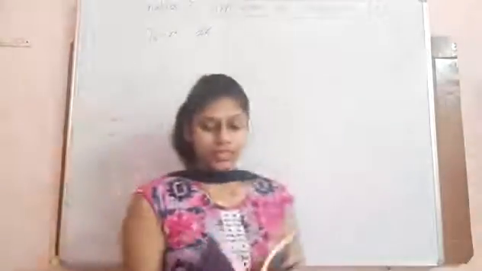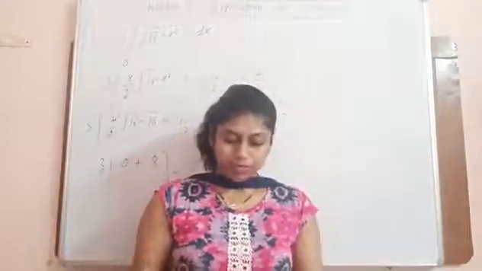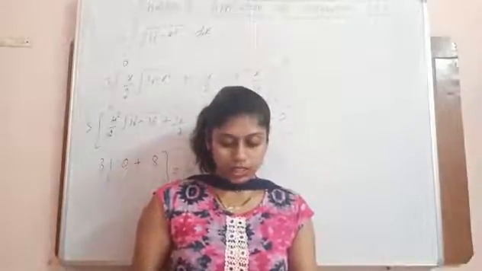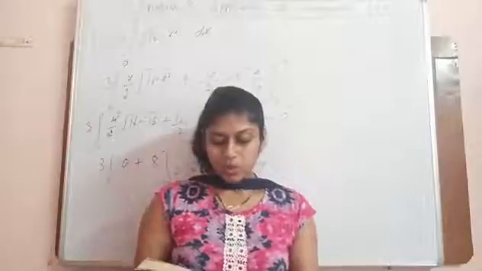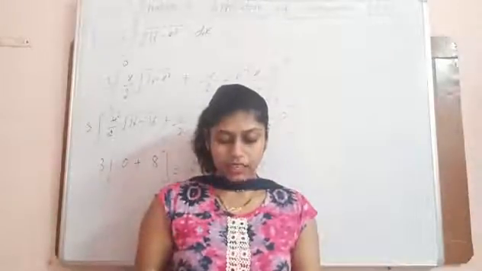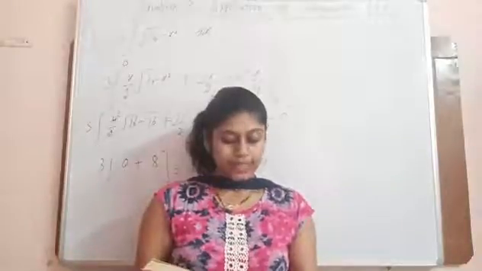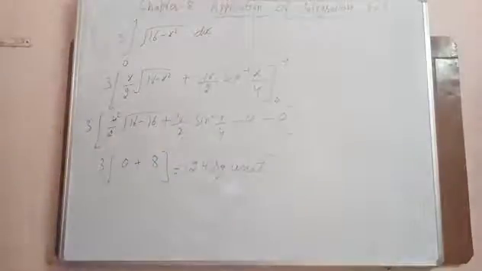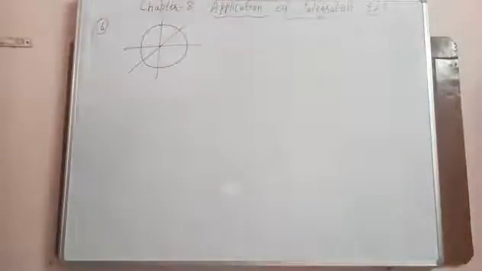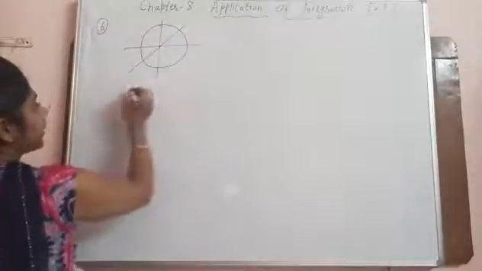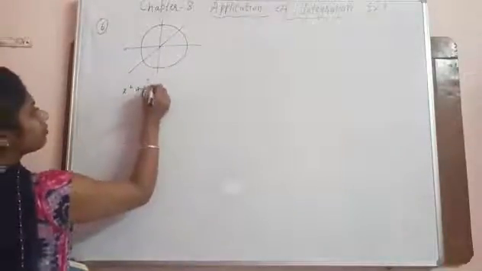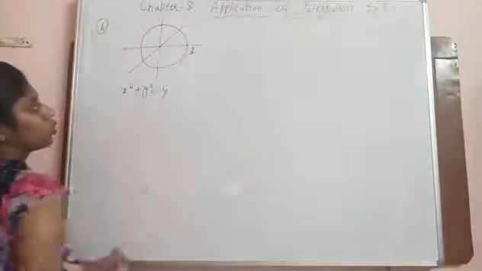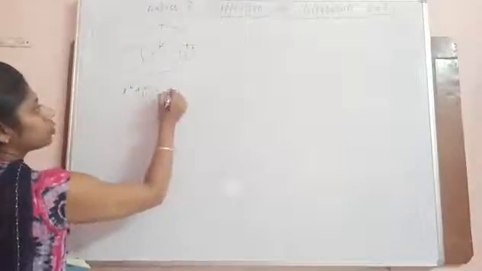Clear? Next question number 5 is same. Find the area of ellipse. 6th question, find the area of the region in the first quadrant enclosed by x-axis and the line x equals to root 3y and the circle x square plus y square equals to 4. Firstly, draw the figure. See, 6th question, this is the circle x square plus y square equals to 4. Here radius is 2, because it will become r square.